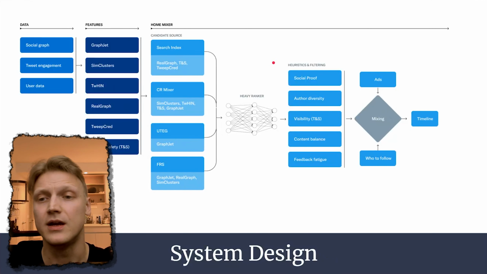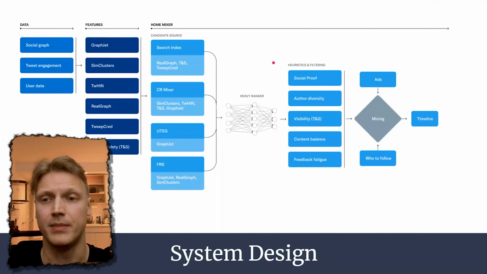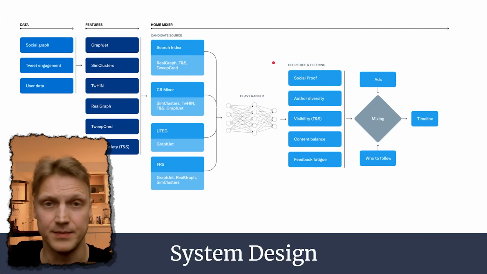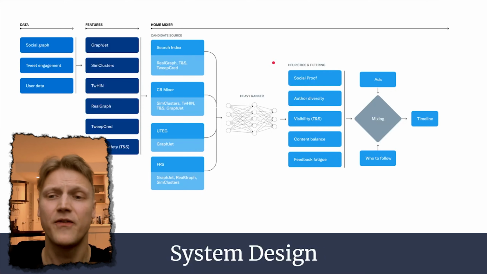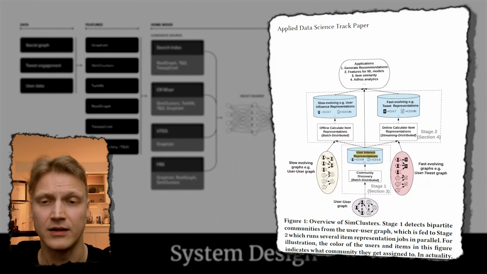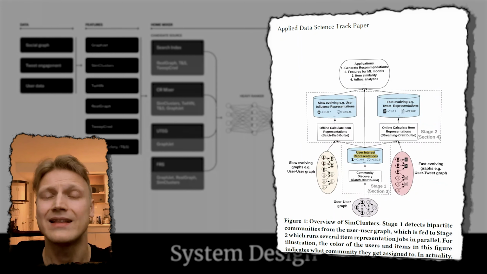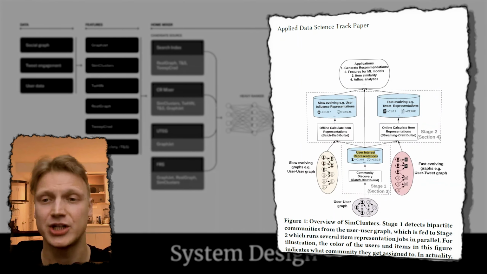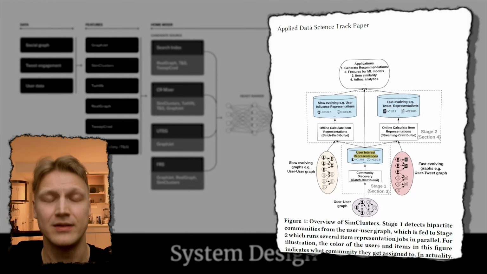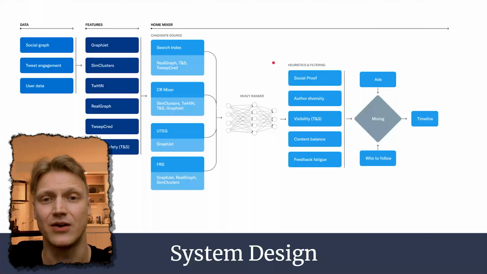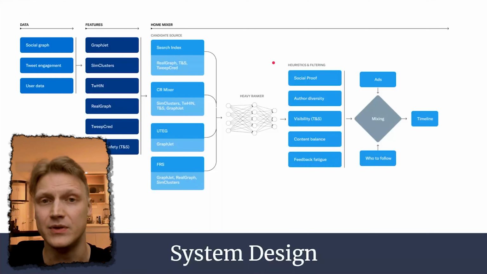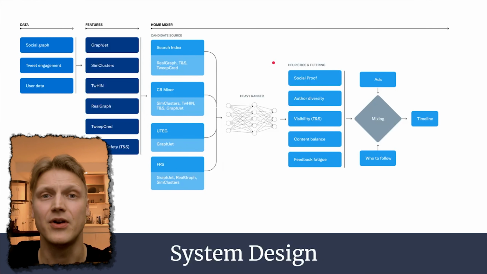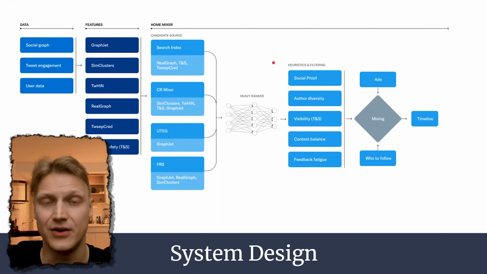I haven't found information anywhere on the web, but training of this model is most likely not a real-time process. Similar to the first stage of the SimClusters algorithm, it's most likely a very heavy batch operation that is scheduled to be done on a high-performance computing cluster every so often. So don't be surprised next time if, when you adjust your behavior on the app, you only start seeing the results on the following day, if not later.